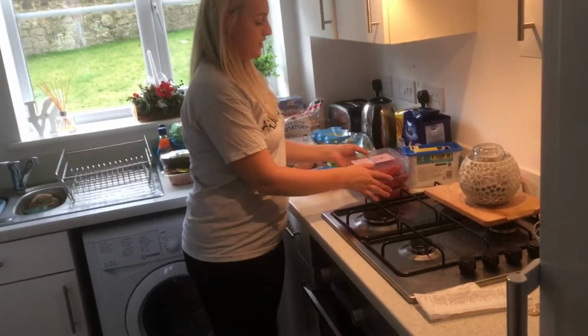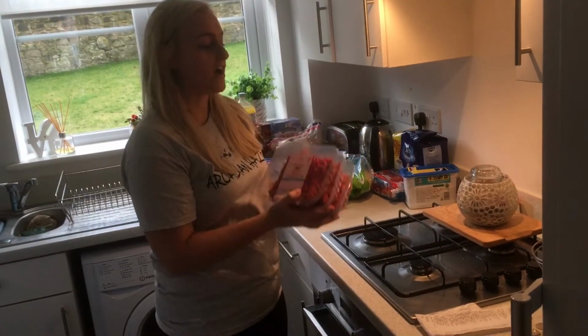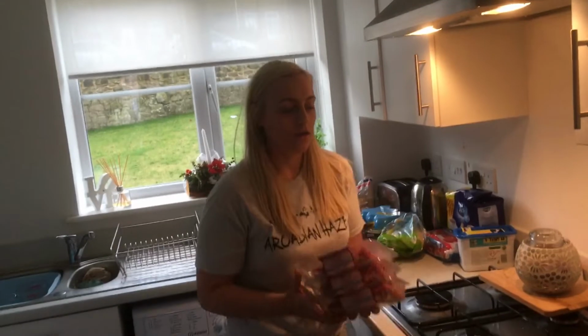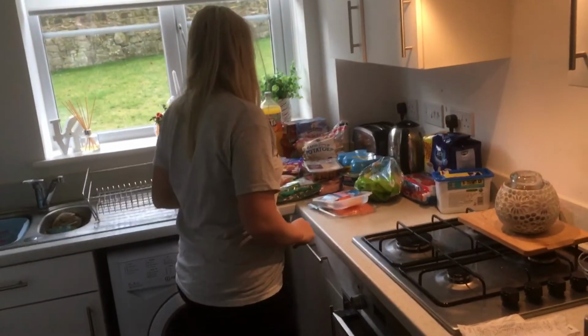So starting with, I got 3 packs of lean steak mince at 5% fat. I always fill my freezer up with mince because I use it for my chilies, bolognese and lasagna. So that keeps me on plan if I've got a load of freezer stock. Also in my freezer I'm putting